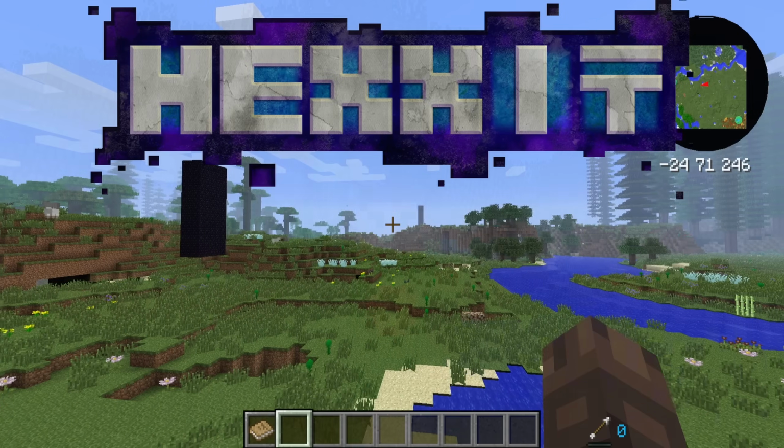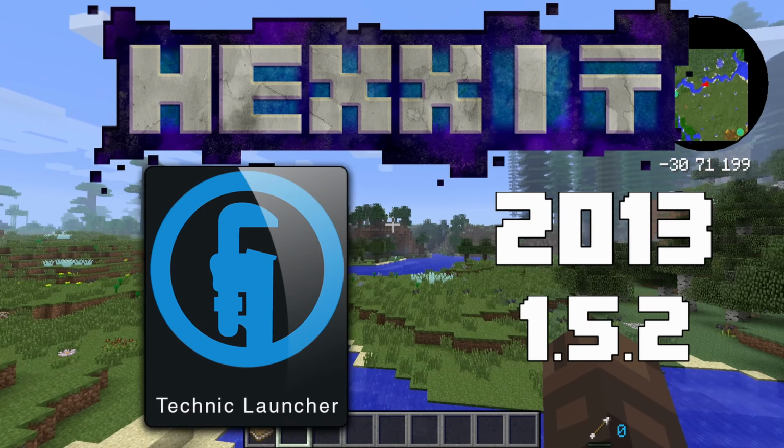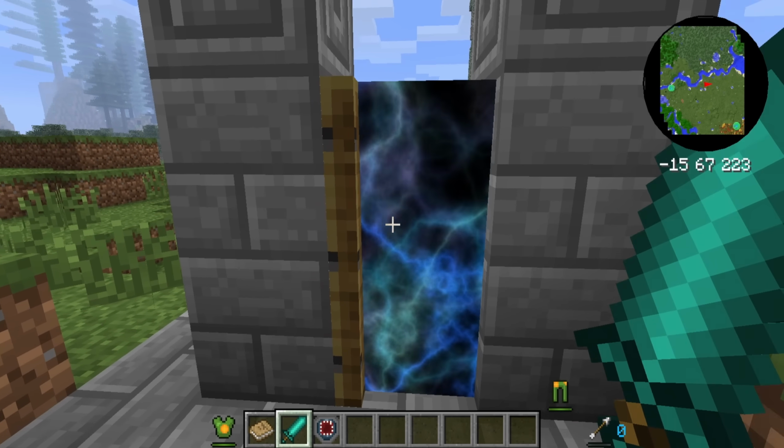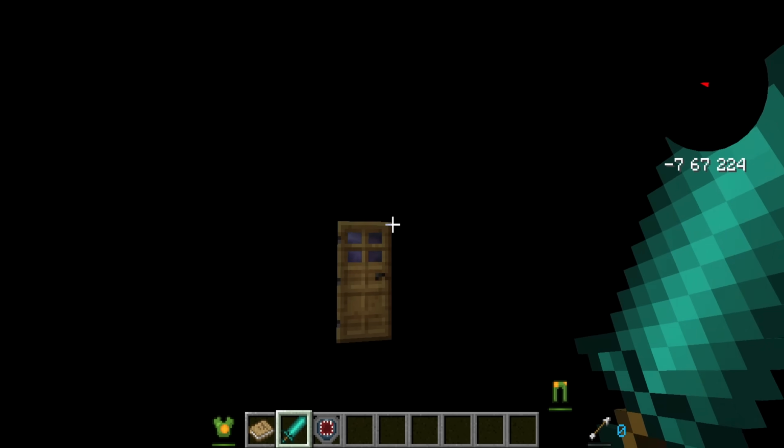Now time to talk about a mod pack specifically designed for all the Dungeons & Dragons fans. You know who you are. Hexxit, mod pack released in 2013 for version 1.5.2 by the Technic team. Adds lots of RPG-like stuff to the game, including dungeons, obviously, ruins, and many more structures, which makes exploring your